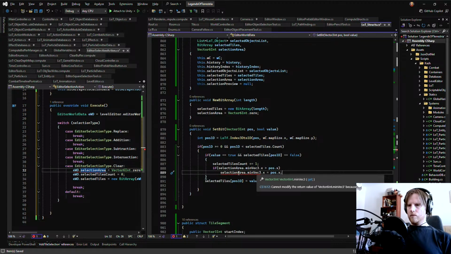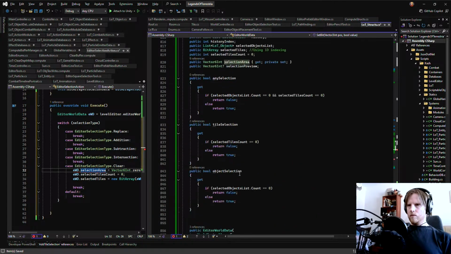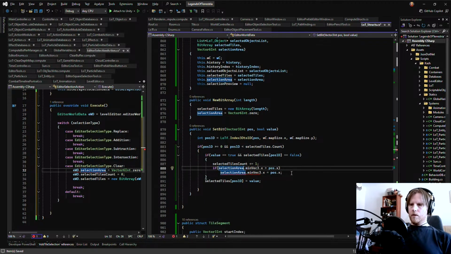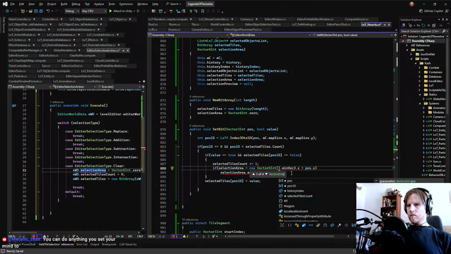So selection area is going to be dot set selection area equals new vector 6 int. Nah.